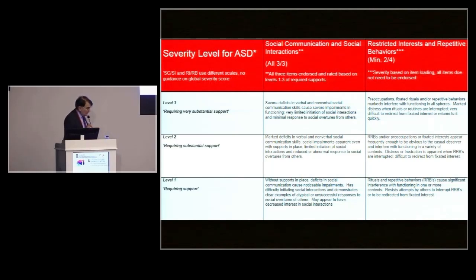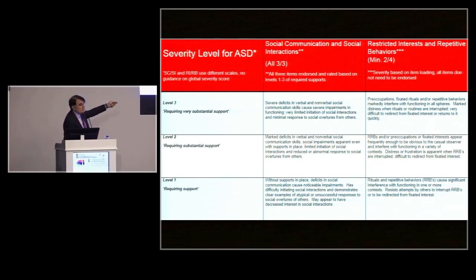What you will see, and I will point out this issue, is that on the social communication and social interaction domain, all the items have to be endorsed. So there are 3 items out of 3 that have to be endorsed. And so the levels of severity are a combination of the items and a qualitative increase in the severity,